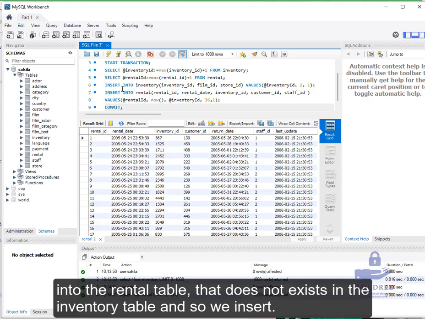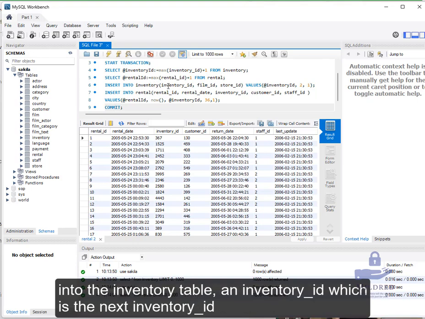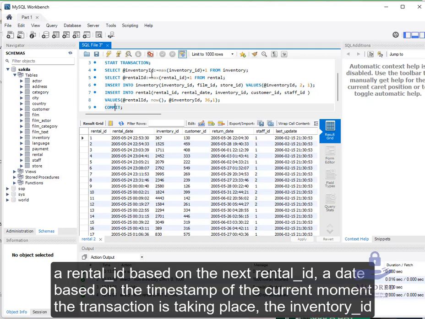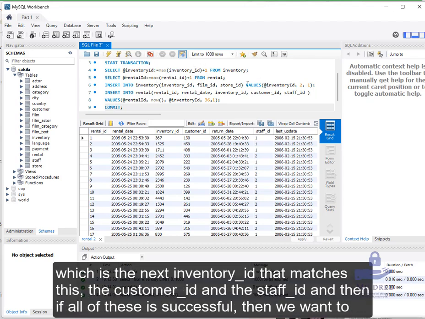in the inventory table. And so we insert into the inventory table an inventory ID, which is the next inventory ID that is auto created based on this statement. We insert a film ID and the store ID, and then we go into the rental table and insert the rental ID based on the next rental ID, the date based on the timestamp of the current moment the transaction is taking place, the inventory ID, which is the next inventory ID that matches this, the customer ID, and the